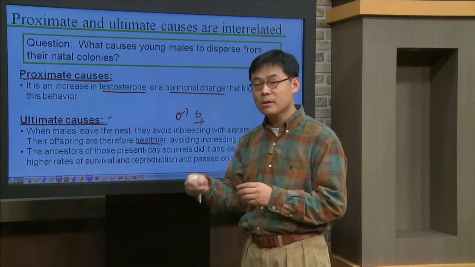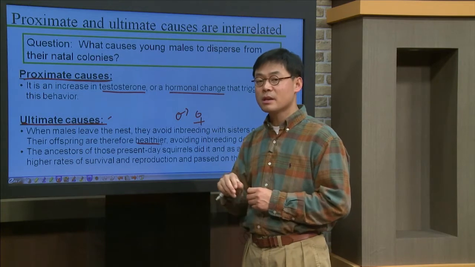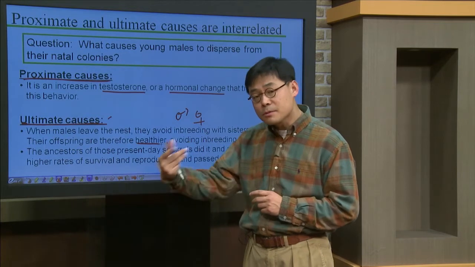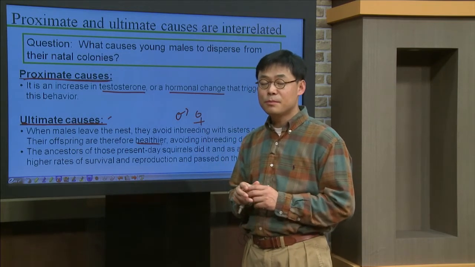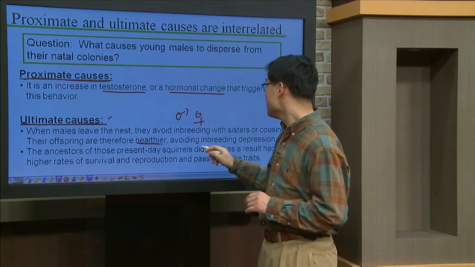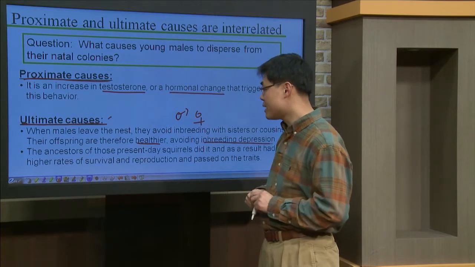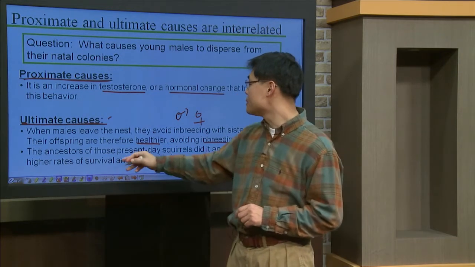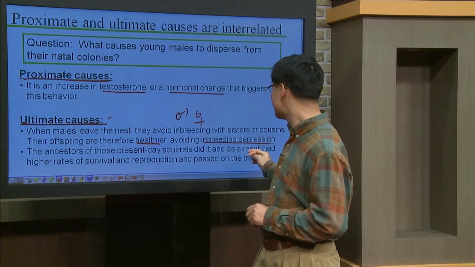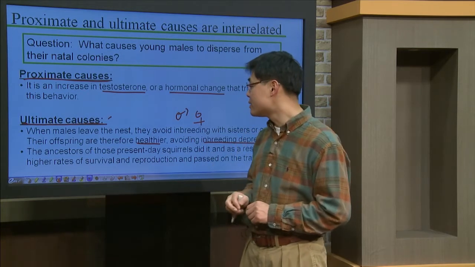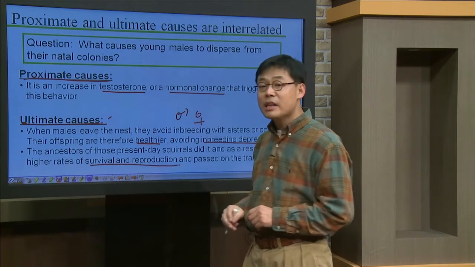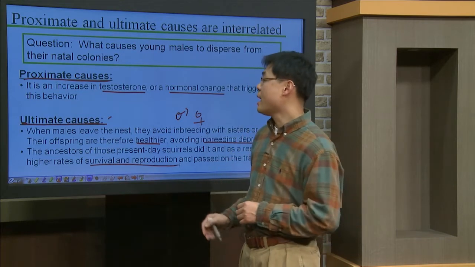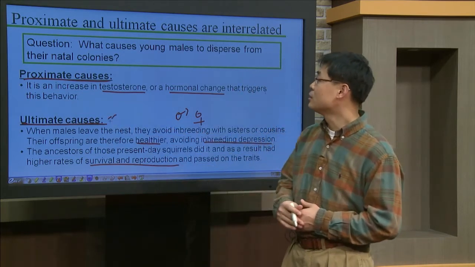different dispersal between the male and female offspring. So male offspring disperse much farther than the female offspring. They avoid breeding with each other, thereby avoiding inbreeding depression, and that gives you healthier offspring. So the ancestors of those present-day squirrels did it, and as a result had higher rates of survival and reproduction than those whose male and female offspring dispersed at the same distance. And this is the ultimate answer to the same question